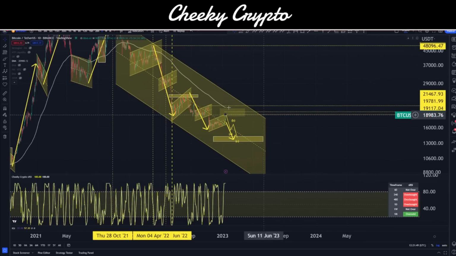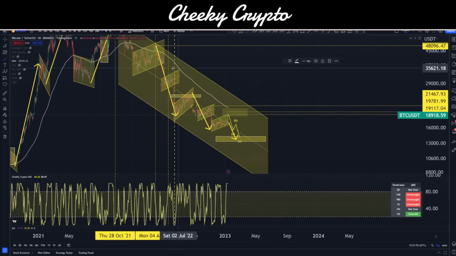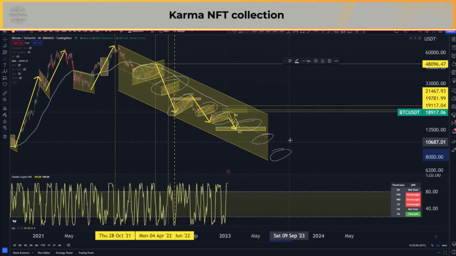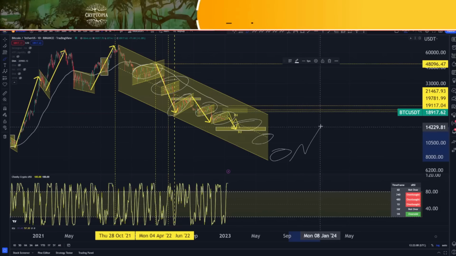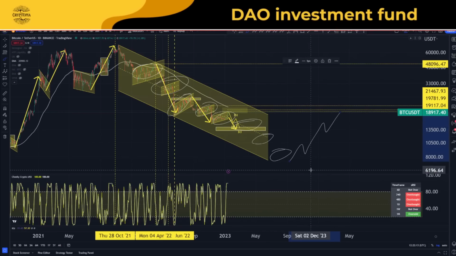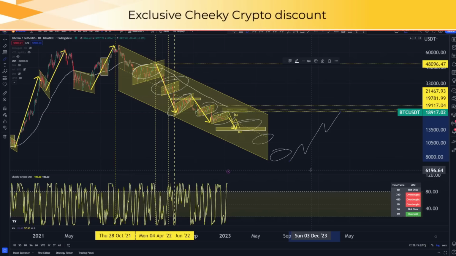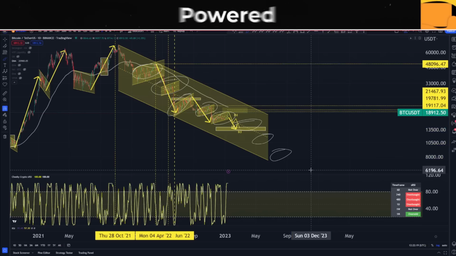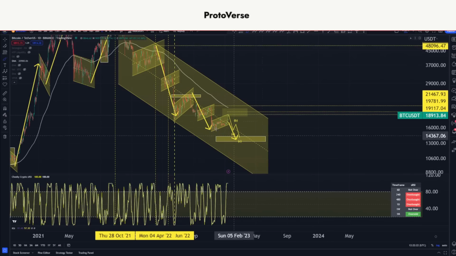Because are we just going to continue to have these little bear market rallies like these ones just inside here, where it tricks everybody into thinking that the bear market is over and we're in a bull market? And are we going to end up with another one just down here, and we're going to just continue grinding our way down slowly over time until we actually get a trend reversal pattern to the upside and we break out of those lows? Okay, so there's a whole bucket load of opportunities in the market, but we are at that critical point where we should start to be concerned over everything that is going on with BTC.